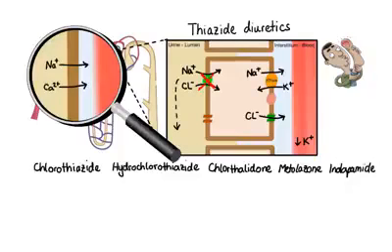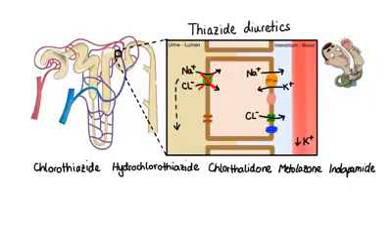The second mechanism involves the sodium-calcium exchanger located on the basolateral side of the distal tubule. So because thiazides block sodium chloride cotransporter, there will be decreased concentration of sodium inside the cell, which then in turn causes this sodium-calcium exchanger to bring in more sodium in exchange for calcium, which is then excreted into the